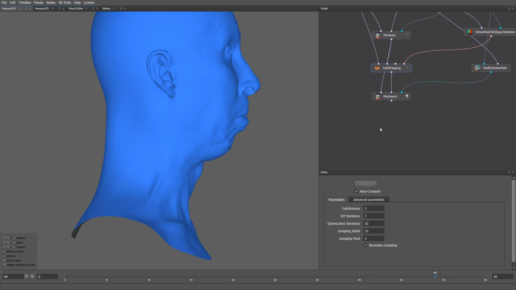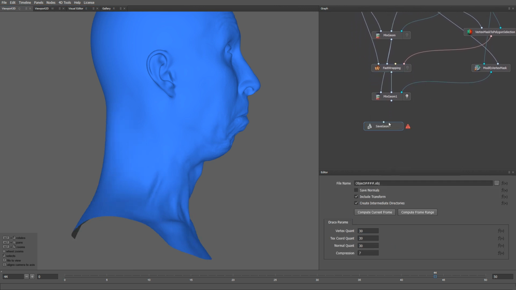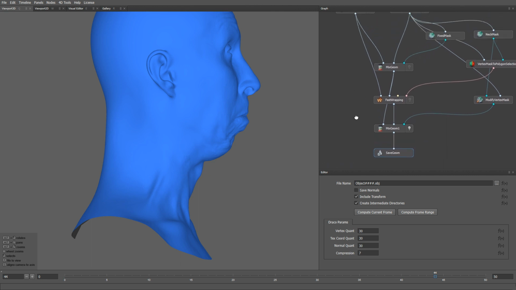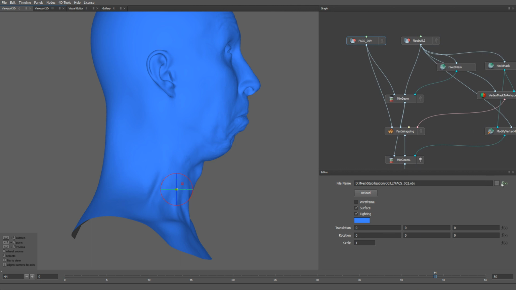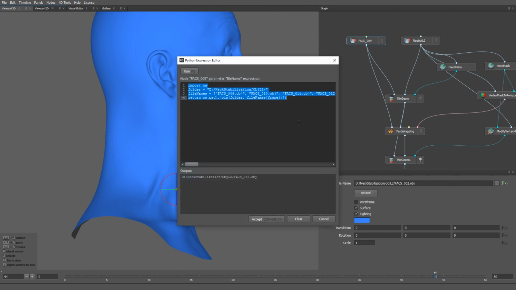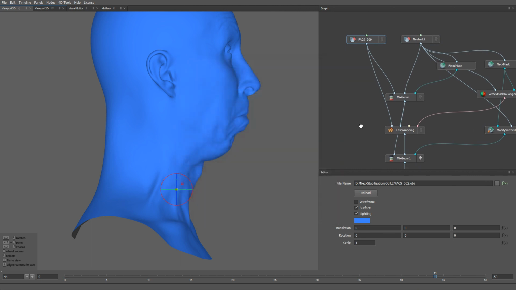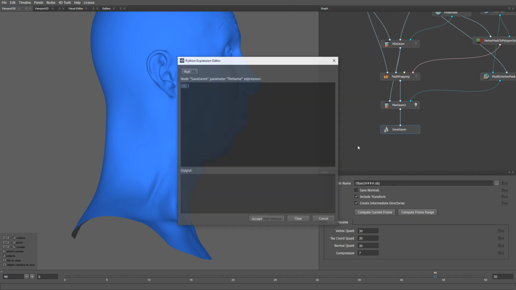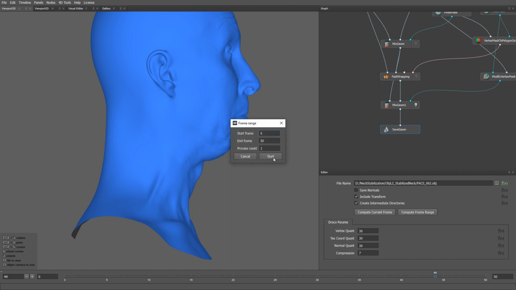With this done, let's create a SaveGeom node to store our results. For us to store our results and keep the original names, let me open the expression editor in the LoadGeom node and copy the expression and paste it into the expression editor in the SaveGeom node. I will add it to the folder name _stabilizeNeck. And if we click Start, it will start